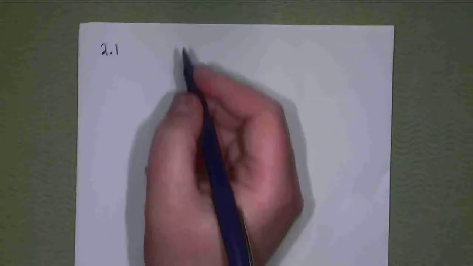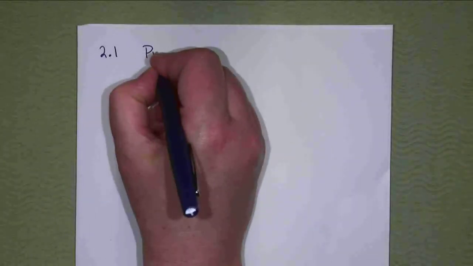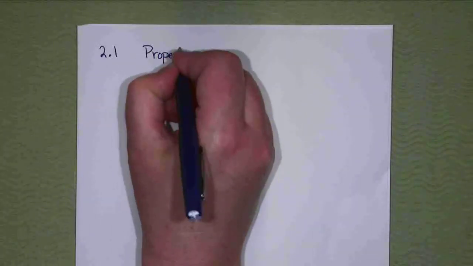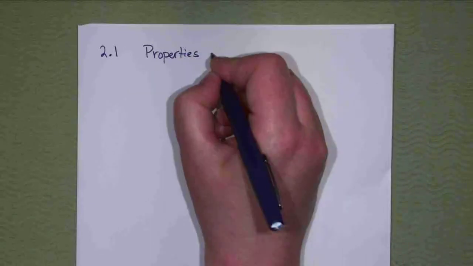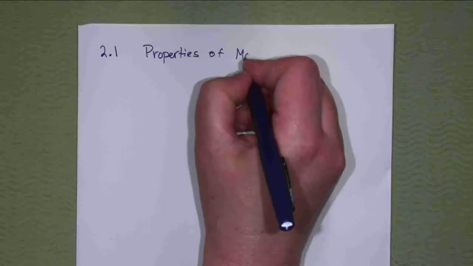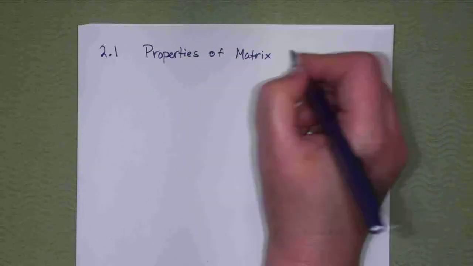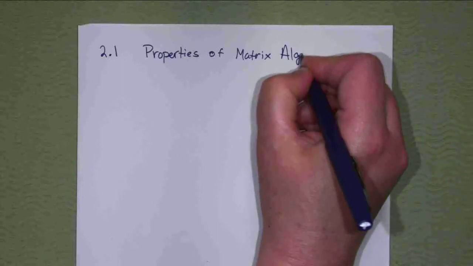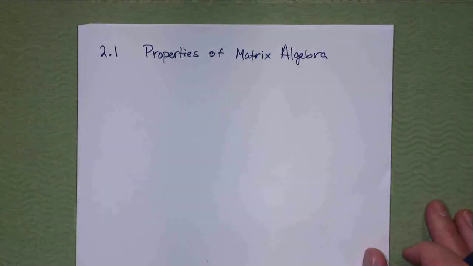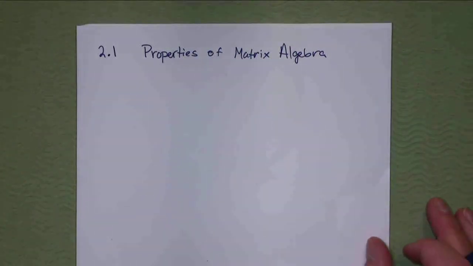Finish 2.1, so properties, first of all. Okay, so properties of matrix algebra. So number one,